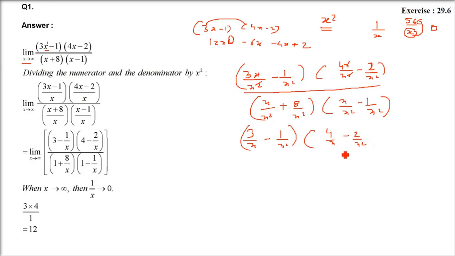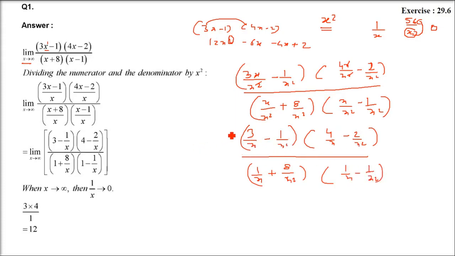But still the work is not done. Still we have x in the denominator. So we are not getting it, but we are going to get it just now. We'll first solve it and then I'll tell you what we are going to do. This is 1 by x. This is 8 by x squared. This is 1 by x, 8 by x square. Then you have 1 by x minus 1 by x square.